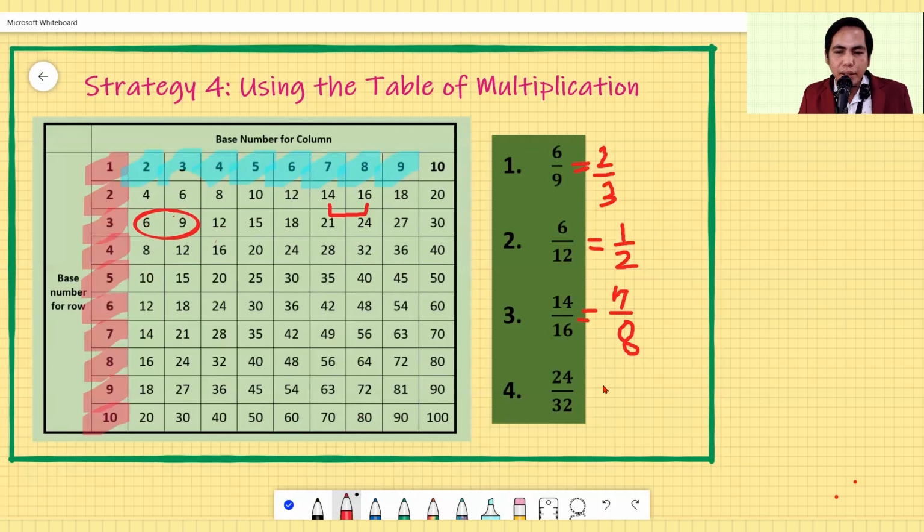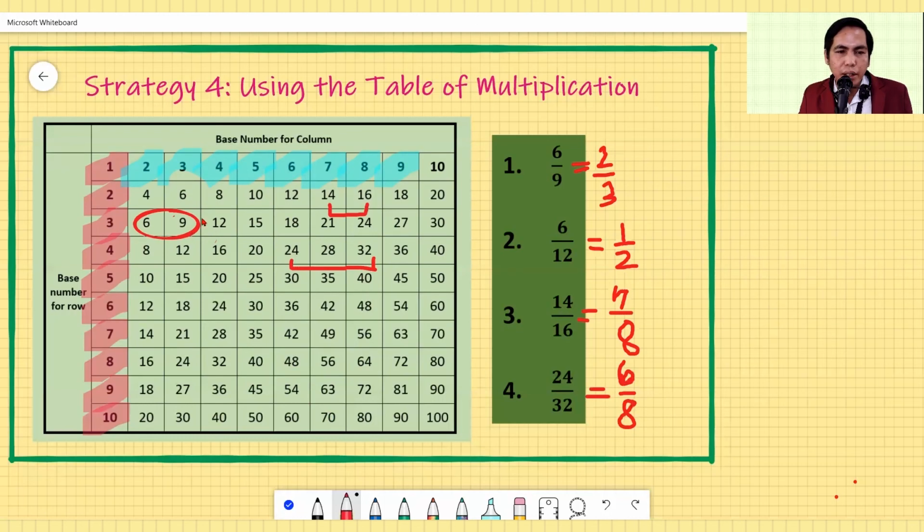Next, we have 24 over 32. We have 24 and 32. If we look at our base numbers, for 24, the base number is 6, and for 32,